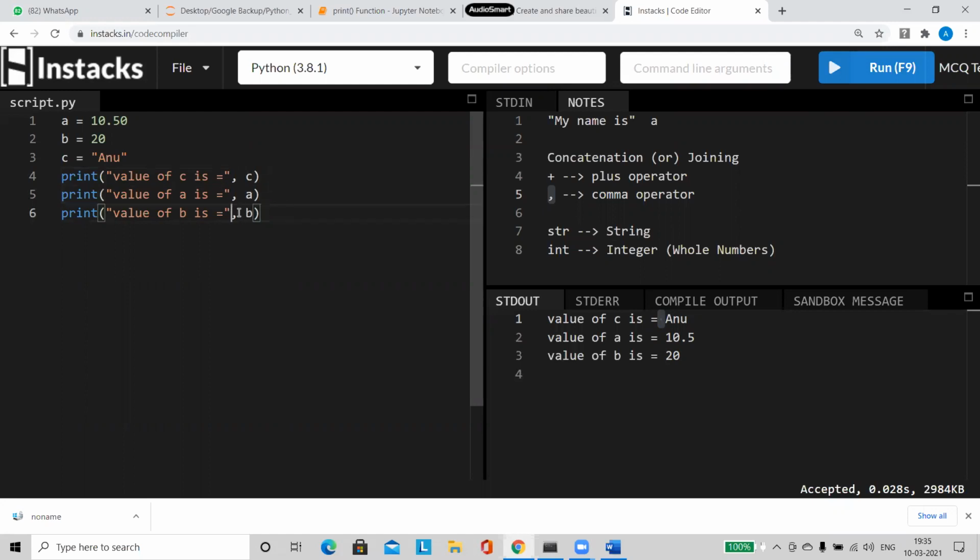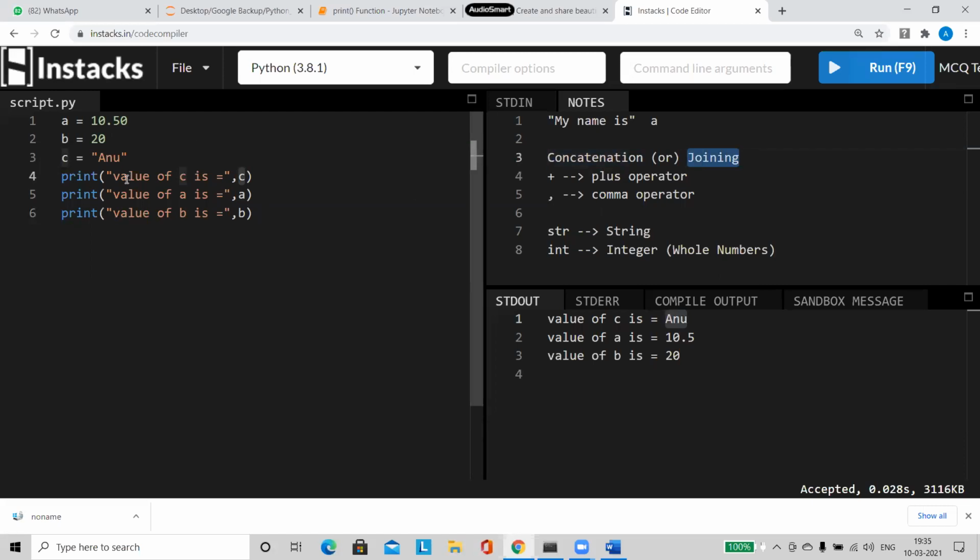Because whenever you use the comma operator, don't think it is coming because I have given a space here. No. If you have that doubt, let us clear this also. This I just gave so that it looks easy for us to understand the program. The spaces don't matter. Now let us run it again. See, still you will be getting one space after equals to, and then only the value. So always remember, when you are concatenating with the comma operator, after the message, it will automatically add one space and then only it will insert the value. Then only it will concatenate the value of that particular variable. So this is the comma operator.